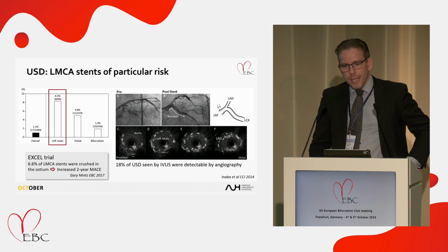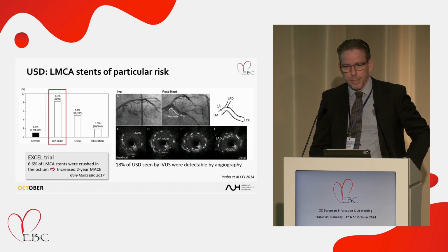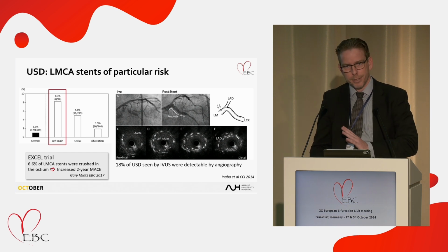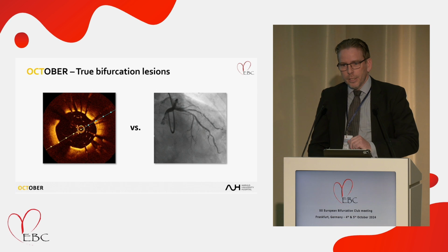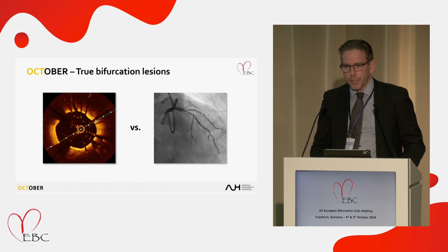We have not seen these results published, but the EXCEL trial reported here at EBC 2017 by Gary Mintz that 6.6% of the left main stents were crushed in the ostium, and that was related to increased 2-year MACE in the trial. So we had good reasons to try to avoid unintended stent deformation in the OCTOBER trial,